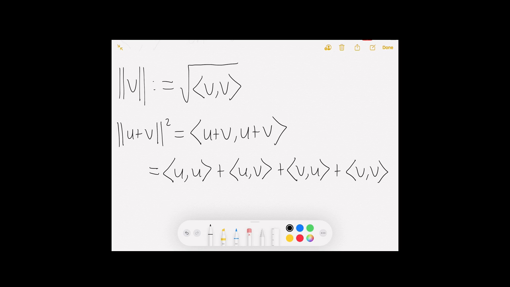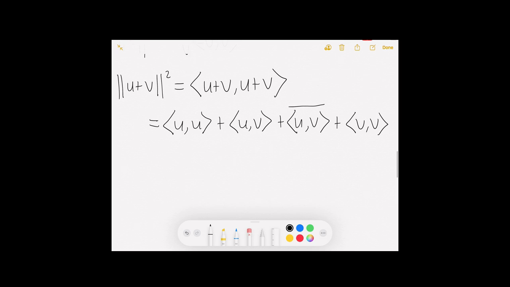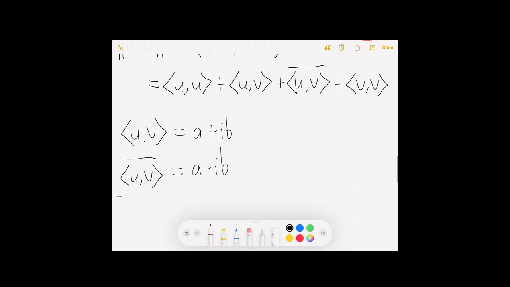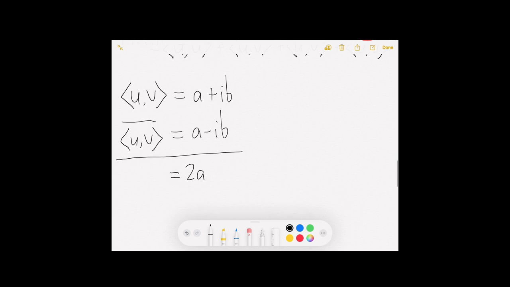Now let's look at this third term. We recall that the inner product is conjugate symmetric, so we can reverse u and v and just take the complex conjugate. Let's say we know that the inner product of u and v is going to be some complex number. Let's just call it a plus ib. Then the conjugate of this is just going to be a minus ib. If we add these two together, we get 2a, or 2 times the real part of the inner product of u and v. So, writing this in,